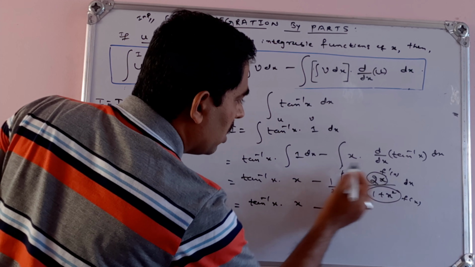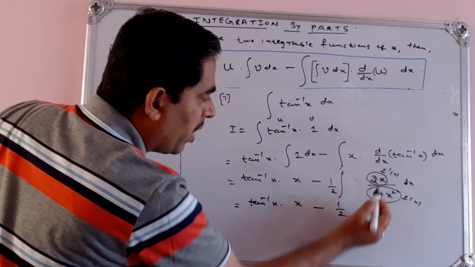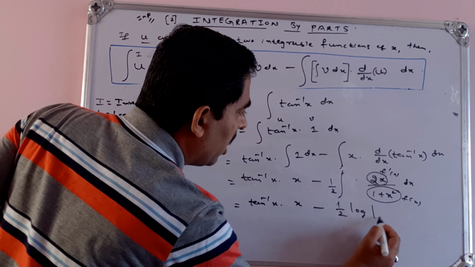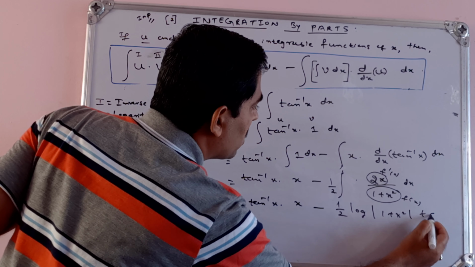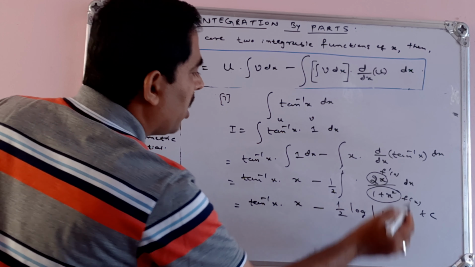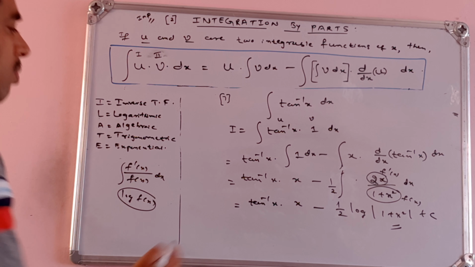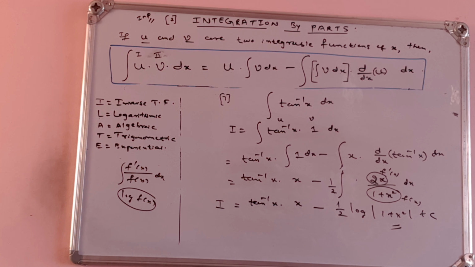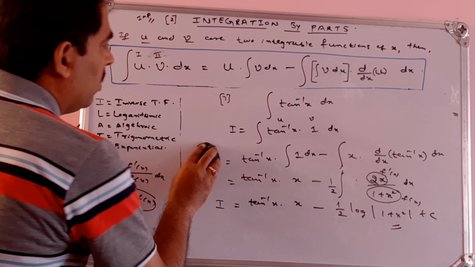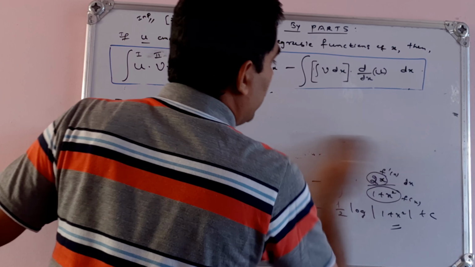So half, you keep it as it is. So if I differentiate the denominator, I will get numerator. So half log of denominator. Denominator is what? 1 plus x square, plus constant of integration. So log is there, therefore I have written mod. So half as it is, log of denominator 1 plus x square. So in this way we can integrate this tan inverse x. Okay, note down the solution. Then let us go for next problem, 8th problem.